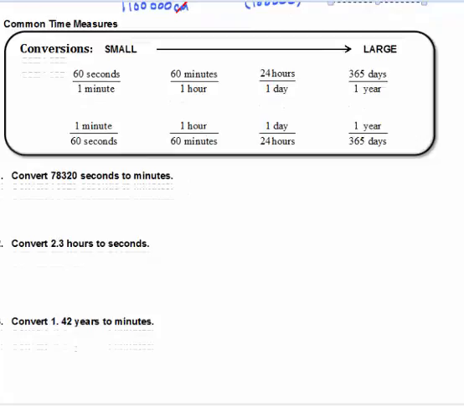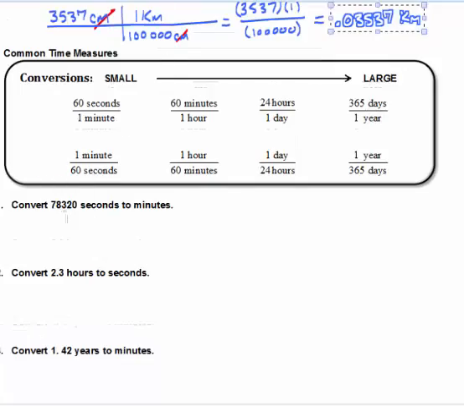So basically, hopefully we know 60 seconds are in a minute, 60 minutes are in an hour, 24 hours are in a day, and usually we use 365 days in a year. We don't usually use the leap year. So if I wanted to convert 78,320 seconds into minutes,